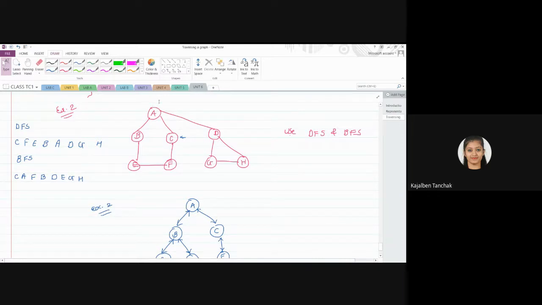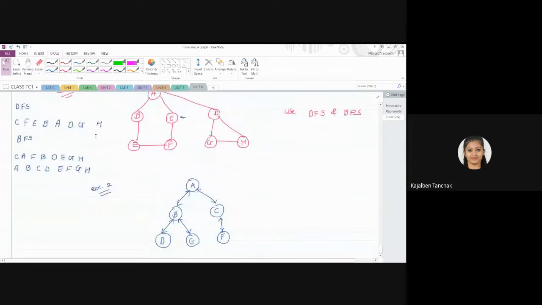Now you can start with any node, right? You just visit all the nodes at the level. If you are starting from A using BFS, then you will visit B, C, and D first. Now you will pop A. Now you will visit the neighbors of B, that will be E only. You will pop B. Now C. You will visit F. Pop C. Now D. For D we have two choices, G and H. You will pop D. Then E, F, G, H, all visited. So this is another order that is possible. You can start with any node, you just have to apply the approach step by step.